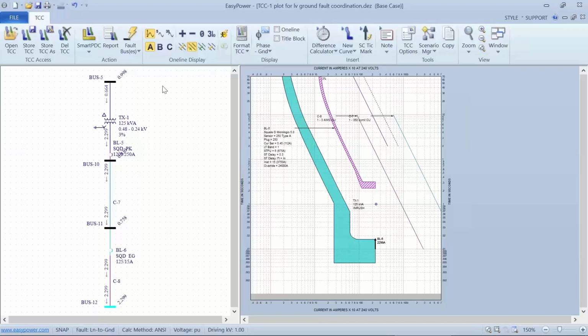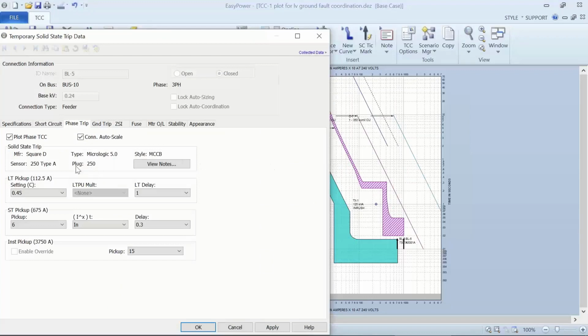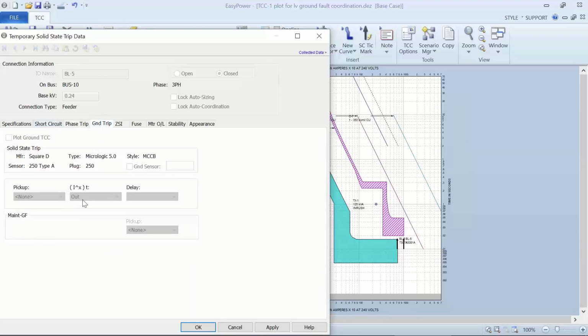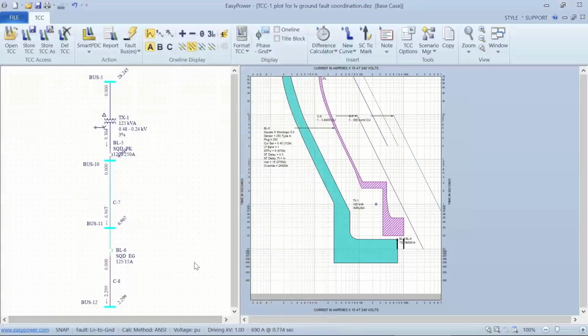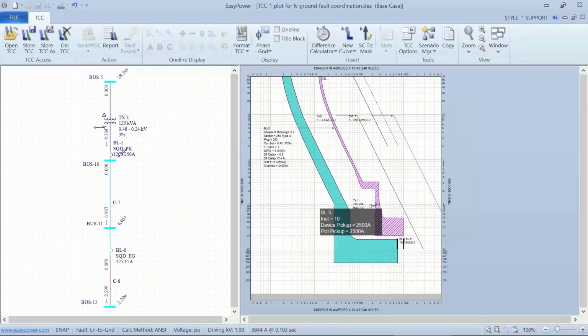Now, what I was referring to on the I squared T element, if we look at the set points for this upstream device, it has a more sophisticated trip unit associated with it. It has the ability to, on my ground trip, maybe it doesn't, now that I look at it, include or not include an I squared T function. So this doesn't include it. Let's see if we can find it on another breaker. In any case, the adjustment would be made with this breaker